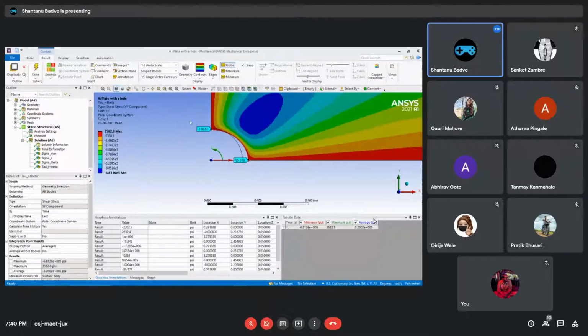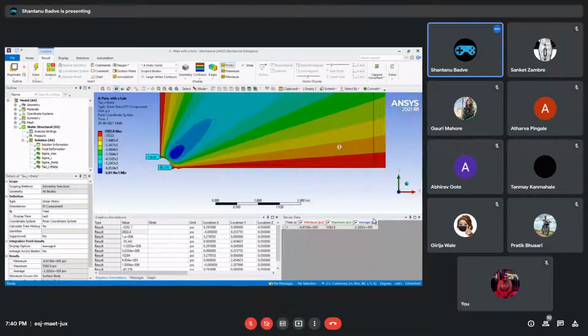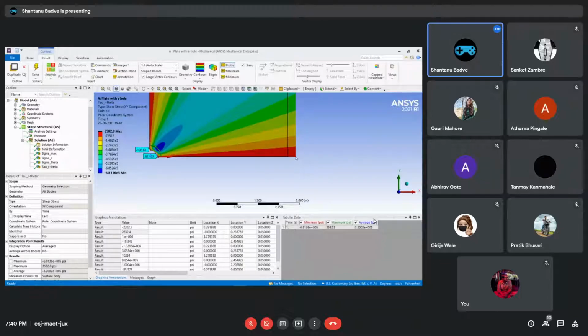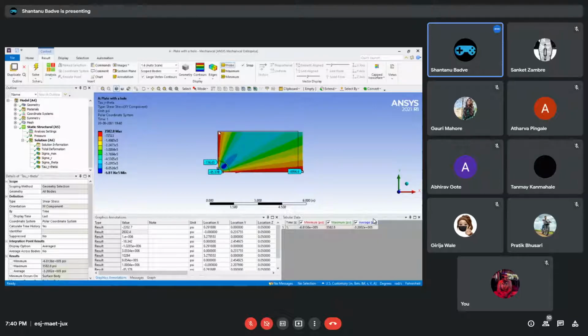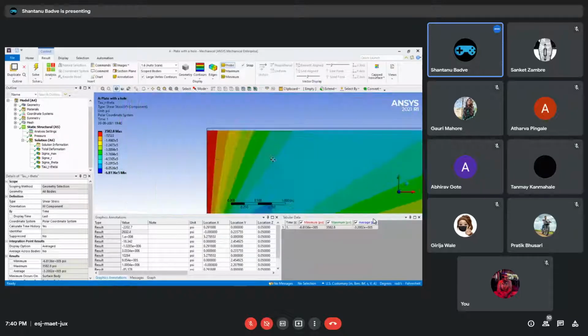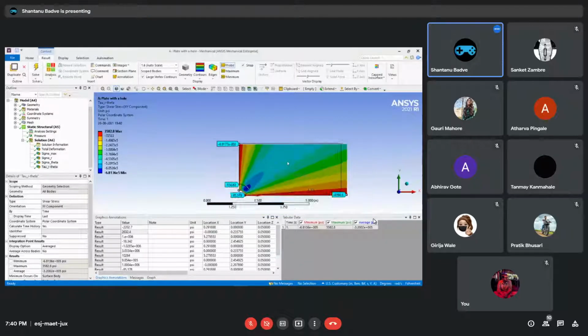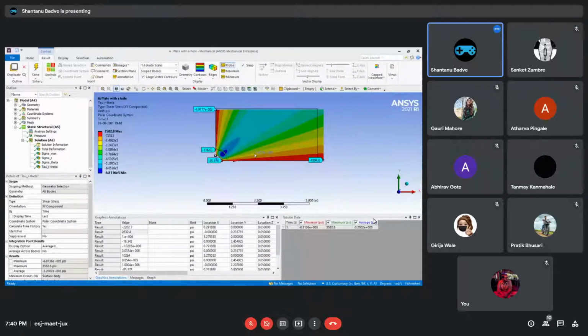It comes out to be this much. But when we go at r equals infinity and theta equals 0, it comes out to be this much and about this much over here. In general, what I mean to say is it isn't 0. It is not going to be 0, but it is small enough that we can consider it to be 0.